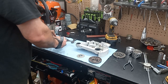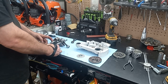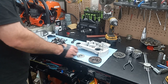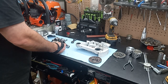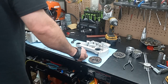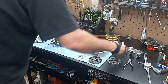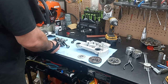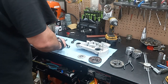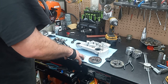On the other side, the 661's a little shorter here where the snap ring goes. This doesn't take a snap ring. It has a washer. Well, not that washer, but a washer. That's the 661 washer. What I did with the black washer, yeah, I guess that's because this would be the 660. This is a 661 washer. I think I'm going to have to use the 661 clutch, the washer,